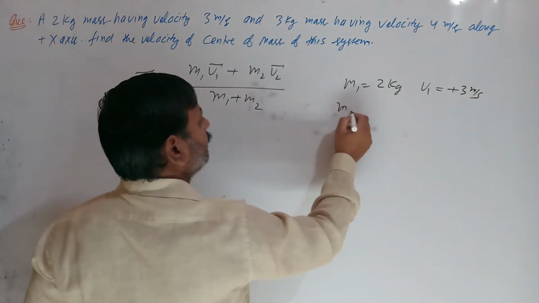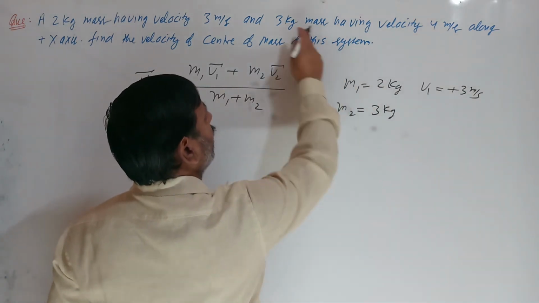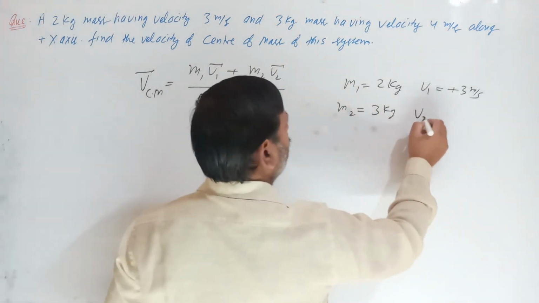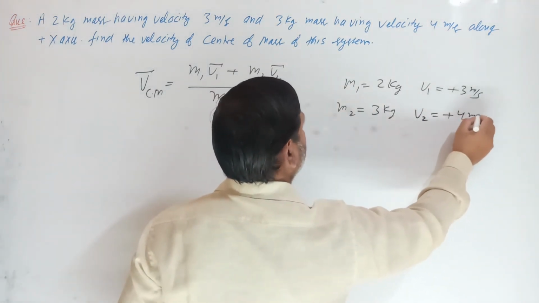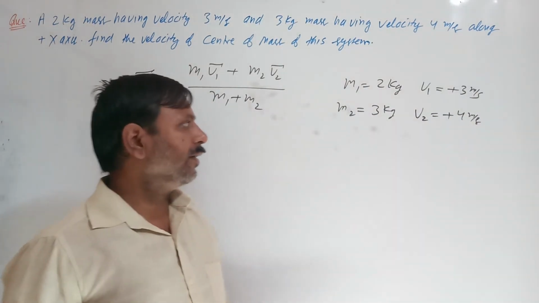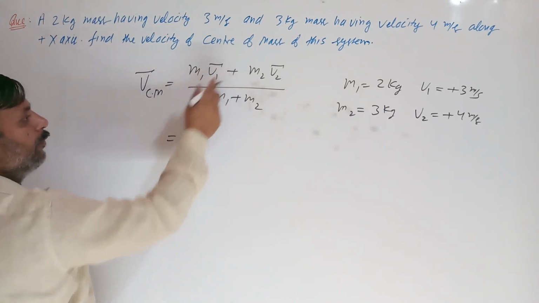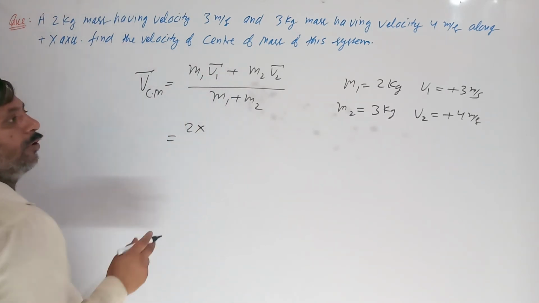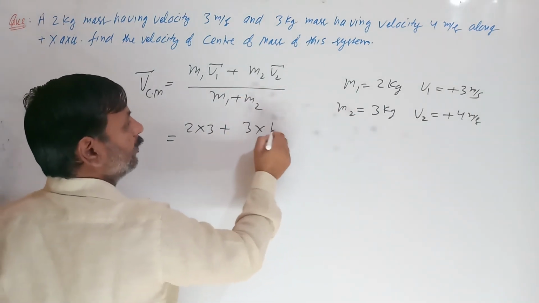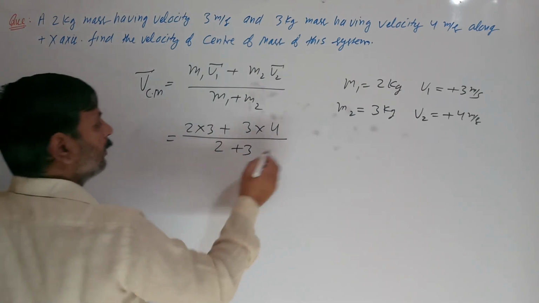Mass m2 is 3 kg, and the velocity they have given, both are in the positive direction of the x-axis. That's why we have not taken unit vectors i, j. m1 2, velocity is 3, m2 3, velocity 4, upon total mass 2 plus 3,